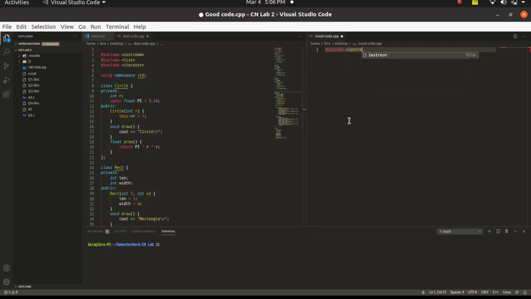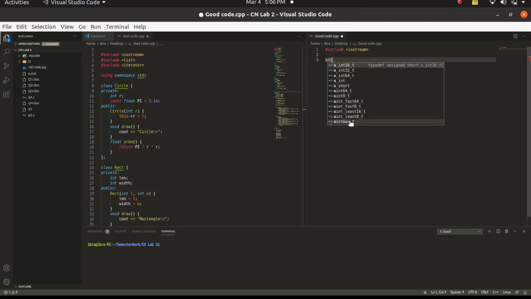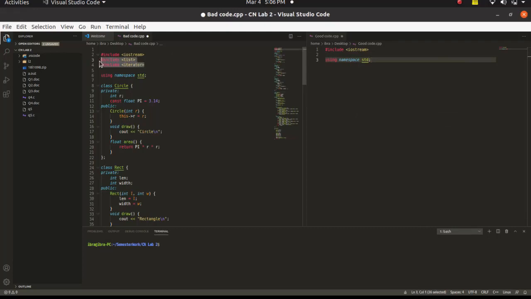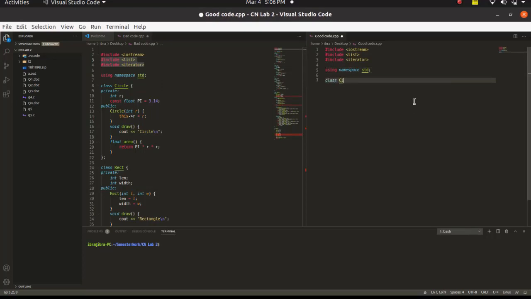#include <iostream> using namespace std; and I'm just going to copy these headers from here. All right, so we have a class Circle,